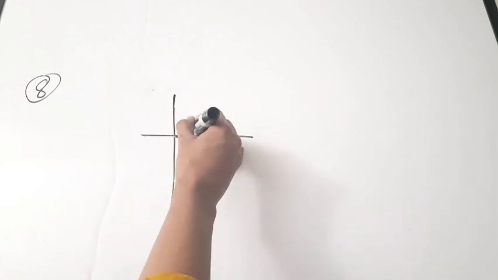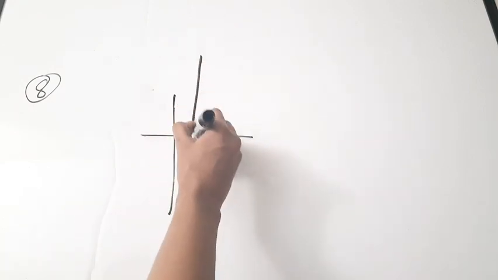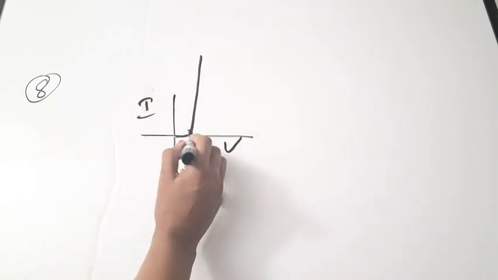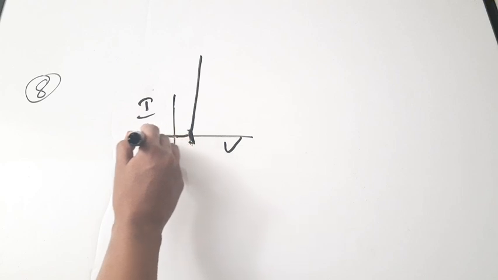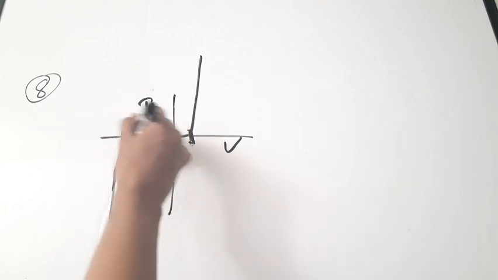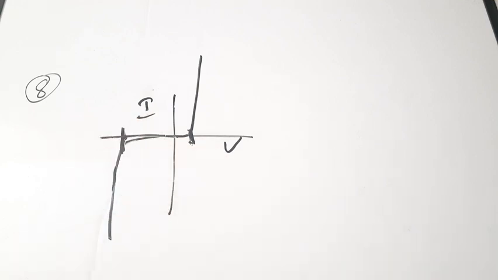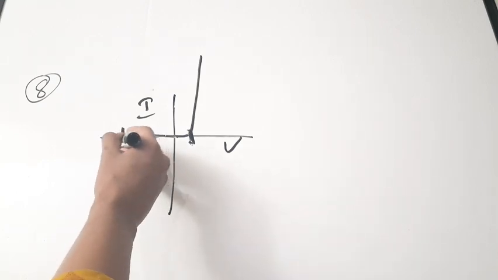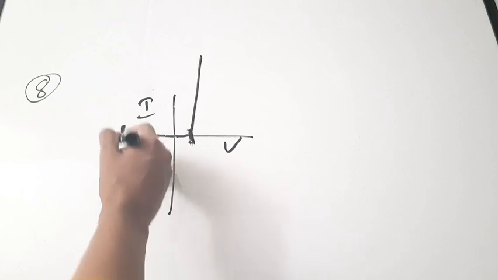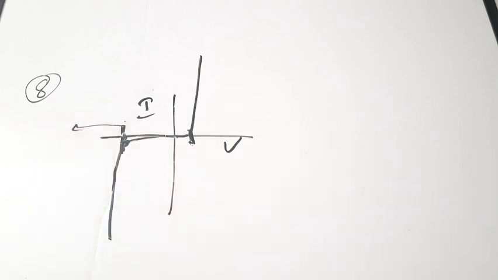So just now we have seen, while drawing the curve, after the barrier potential, the diode will actually start to conduct. This is called barrier potential or built-in potential. This is V, this is I. Okay, this point is called barrier potential. But in the reverse region, this voltage is called breakdown voltage. After this point, the diode will undergo avalanche breakdown. See here, this voltage is called breakdown voltage.